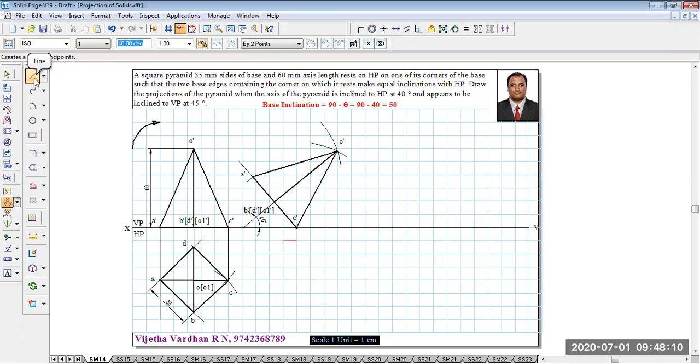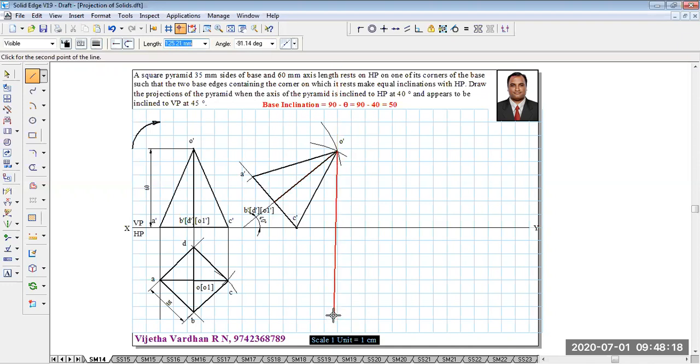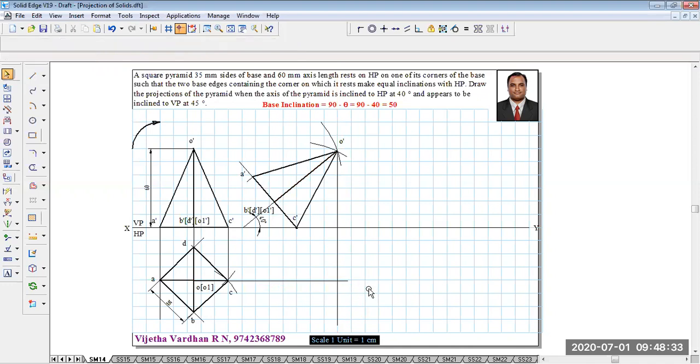Okay. And to get the top view, you have to repeat the same procedure. That is, draw the vertical projector passing through O dash, and then get the same vertical projector passing through the top view of O dash. And upon obtaining the respective things, we have to locate it properly. And then after locating it, we are going to mark this point as O dash. In the same fashion, draw all the projectors and complete the annotation part, which I am going to show you after completing it.